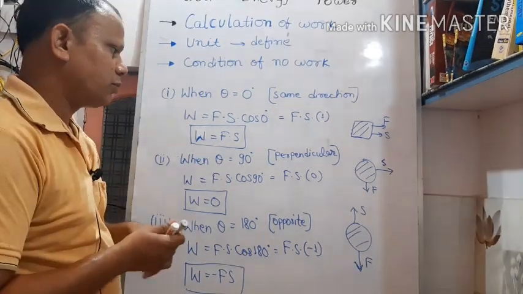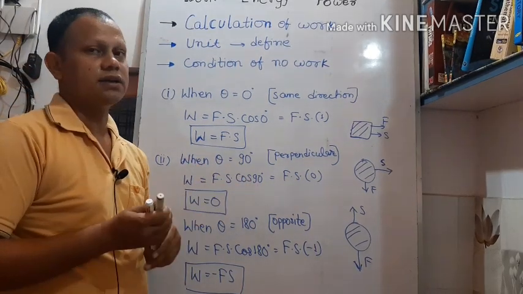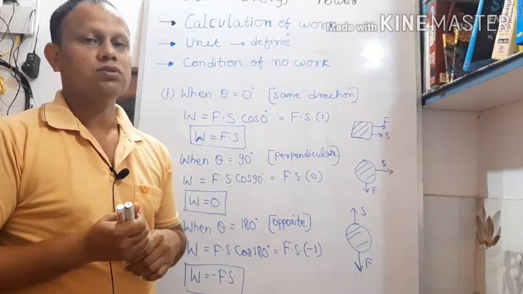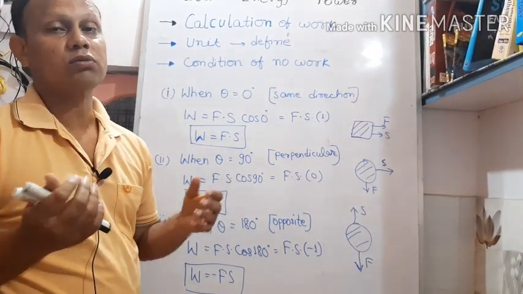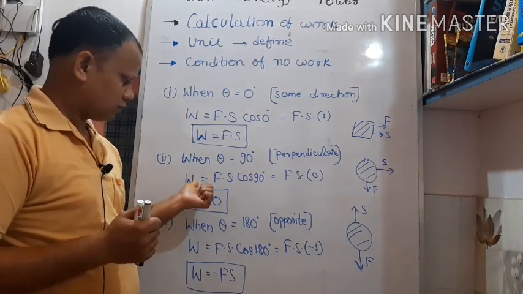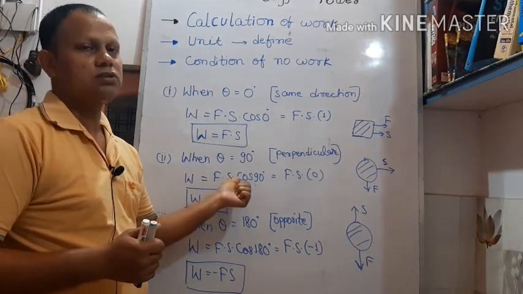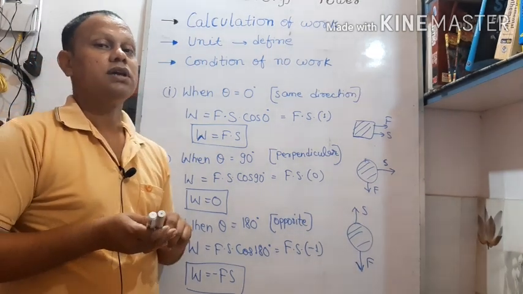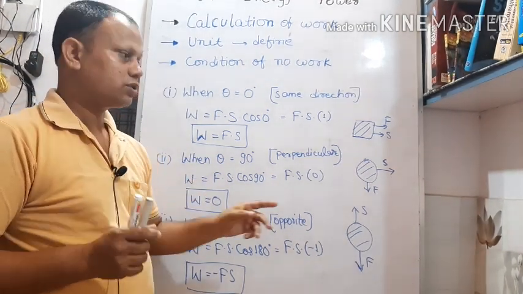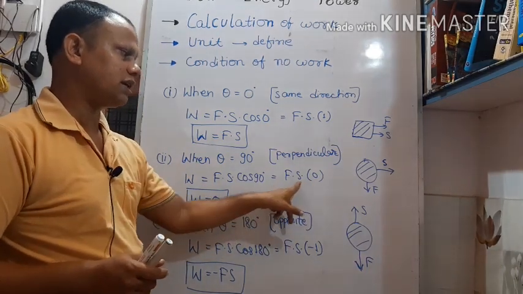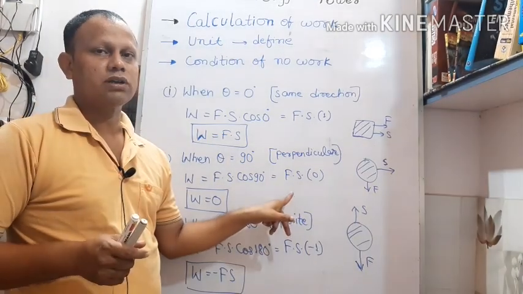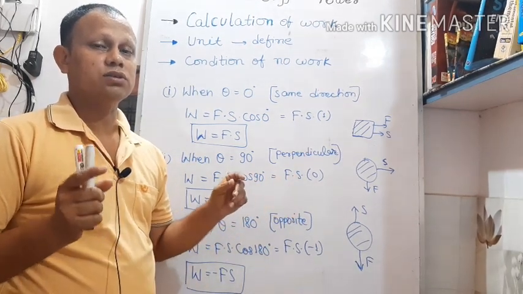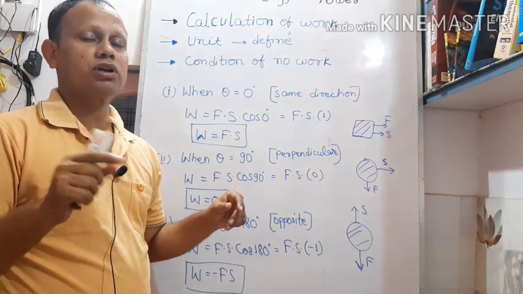Okay. Now moving to when theta becomes 90 degree, meaning when the force and displacement are both at 90 degree to each other. In that situation, what will be the calculation of work done? If I take work done is equal to F · S cos 90 degree, and again in the previous class we have come to know that cos 90 has 0 value. So when I place 0 in place of cos 90, as you know, according to mathematics, in the multiplication of any quantities, if one of the numbers is 0, then the whole product becomes 0.